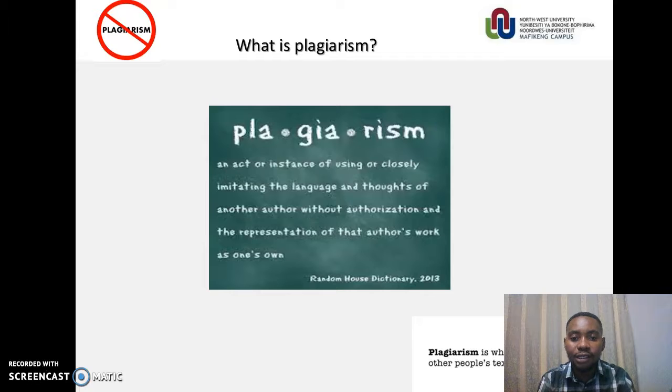If these definitions seem complicated, let us ask this basic question. You are writing an assignment, then you go through a number of literature writings. You read them and you get ideas from them. But before you read all those literature writings, you didn't know about the concept that you are writing about. Now that you've read them, you are going to write now.